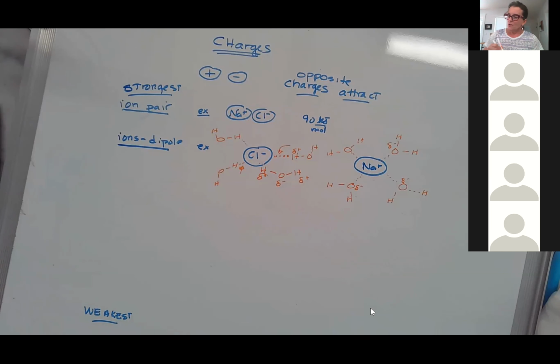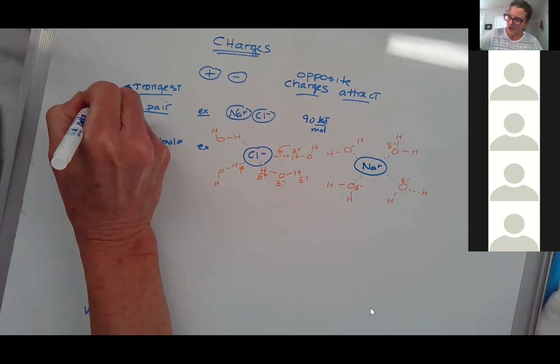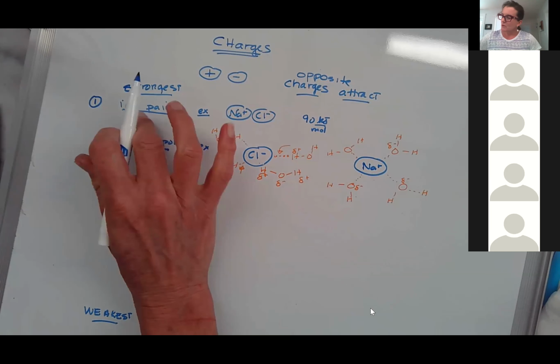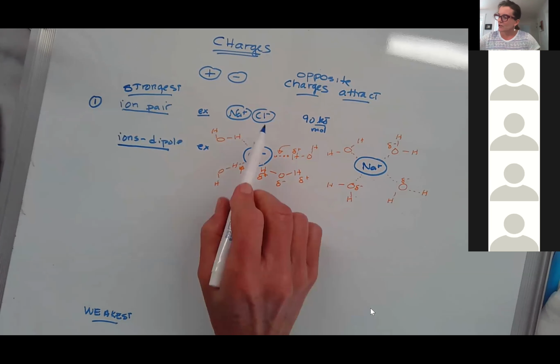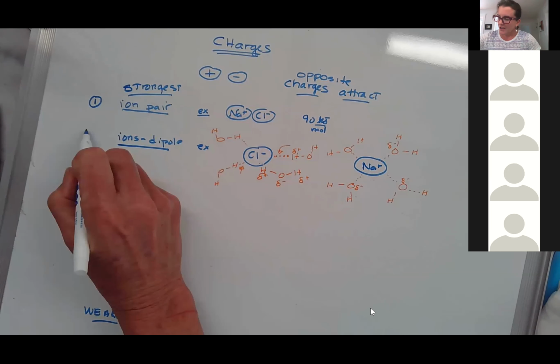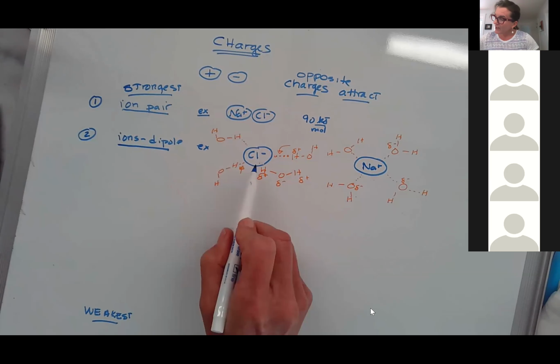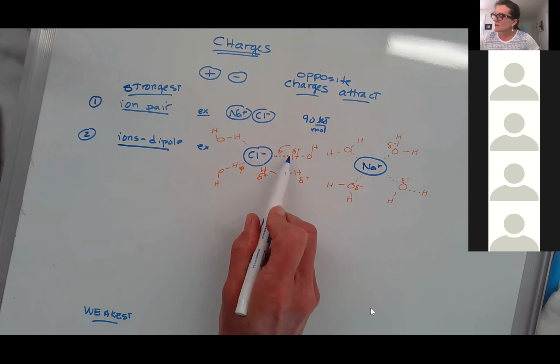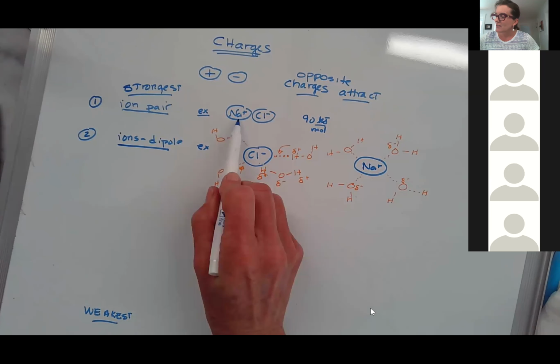Okay, so this is the strongest IMF, although sometimes it's not referred to as an IMF, and I think your book doesn't mention it, but I like it because it shows what a full positive and a full minus charge would be. And a step down from that is having a full negative charge and then a partial charge, right? Because this is just a dipole on the hydrogen, it's not a full +1. It's not as strong an interaction as this.